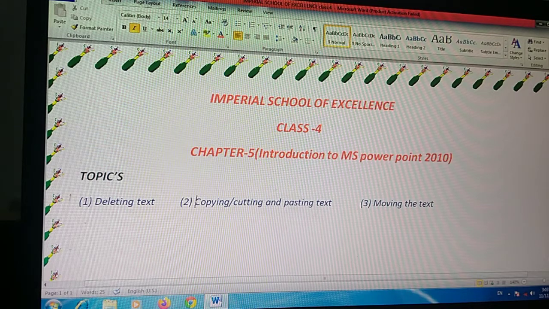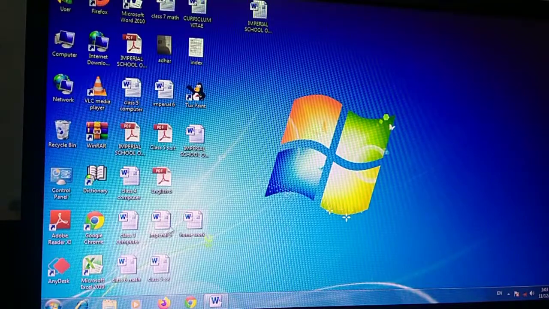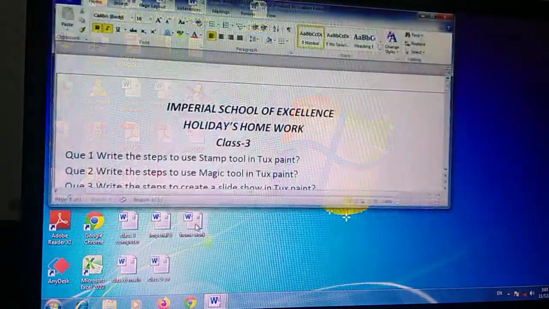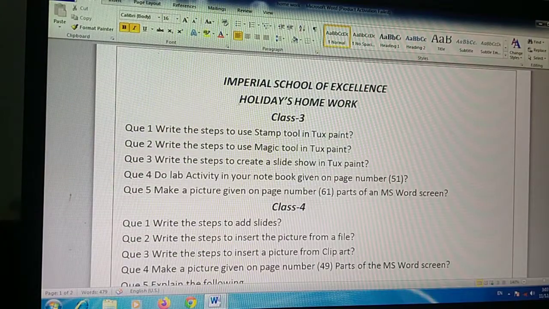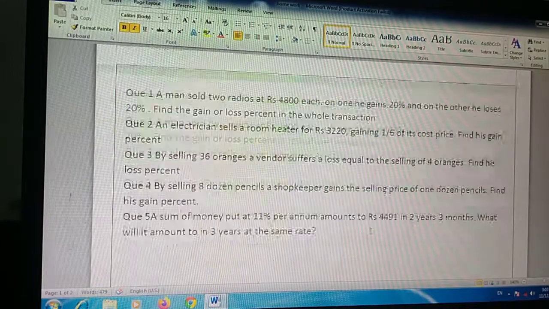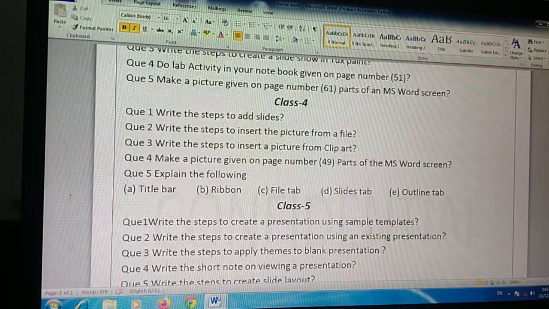To delete text to the left of a cursor, press the backspace key. To delete text to the right of the cursor, press the delete key. How can you delete a text? Let me show you. First of all, let me open anything in MS Word. See, I have written here. This is the text that has been written here. If you want to delete any word, anything you want to delete here, you can.